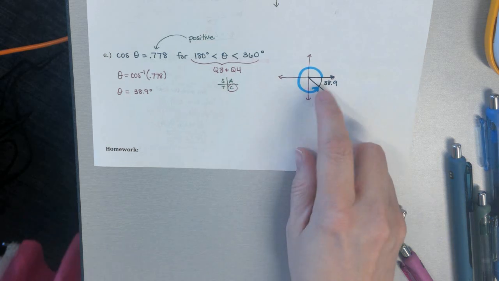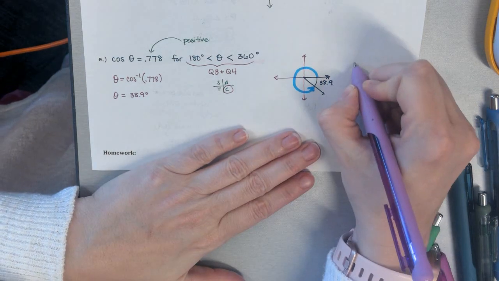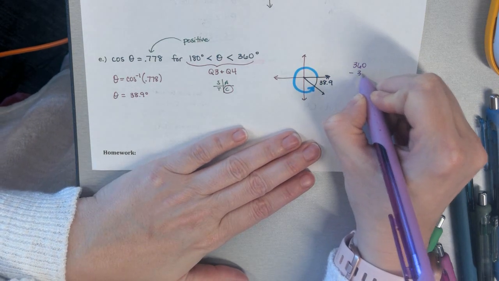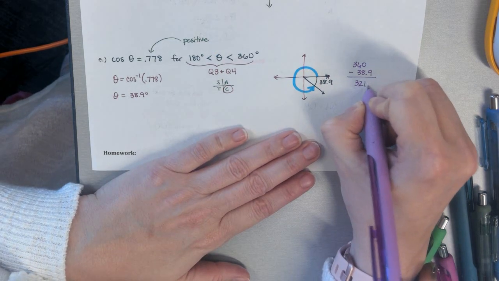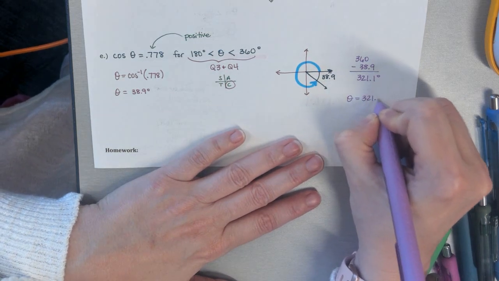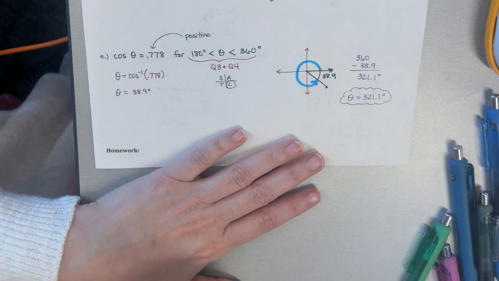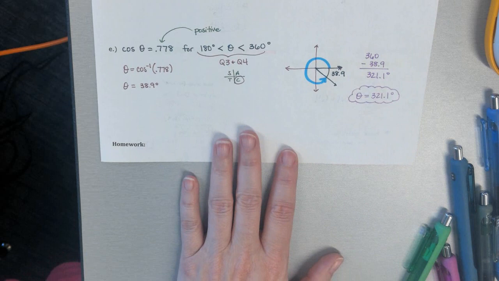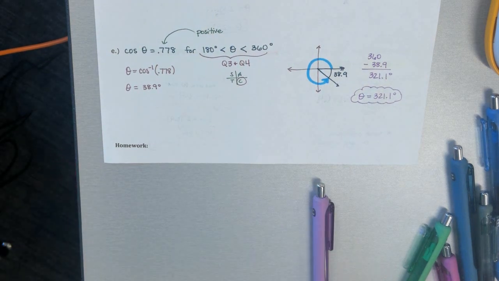Yeah, so see how together they make 360? So you could do 360 minus 38.9, and you should get 321.1 degrees. So that's going to be your theta. Okay, so remember that it is based on your reference angle. Okay, and then 321.1 just fits in